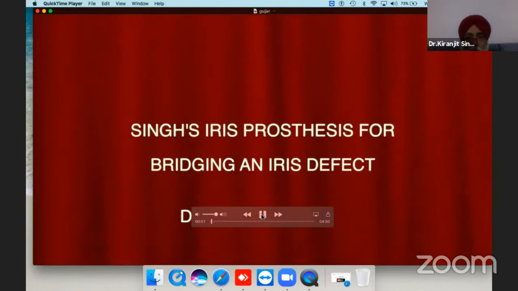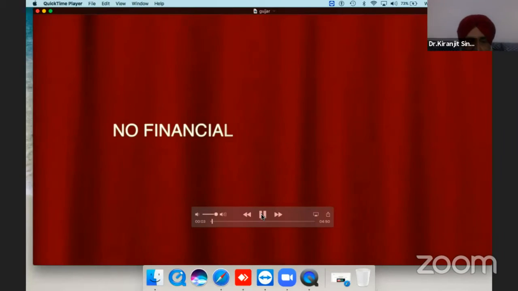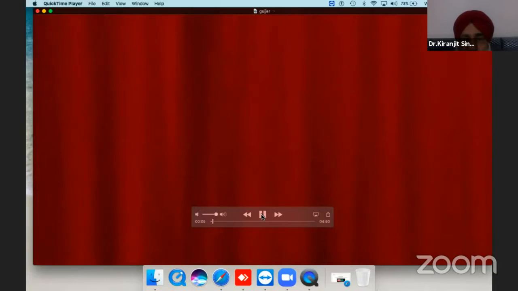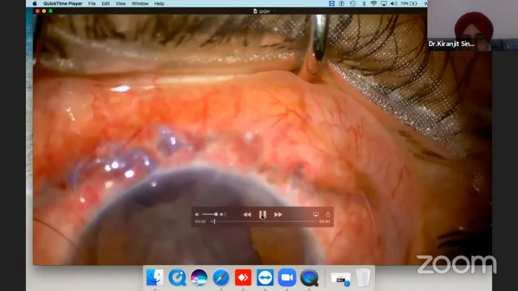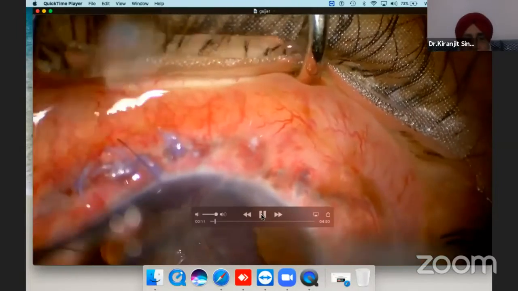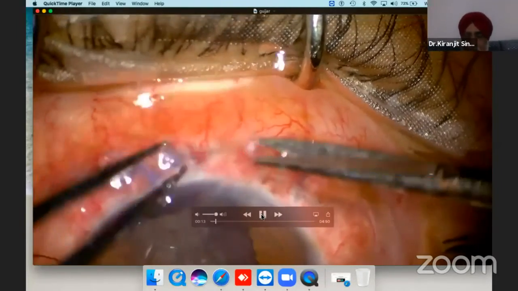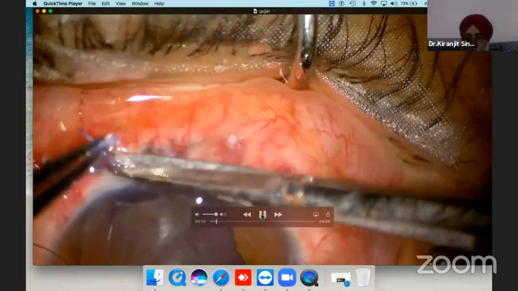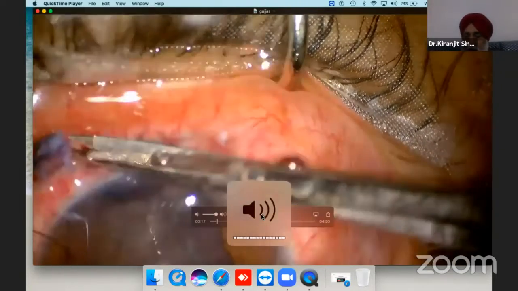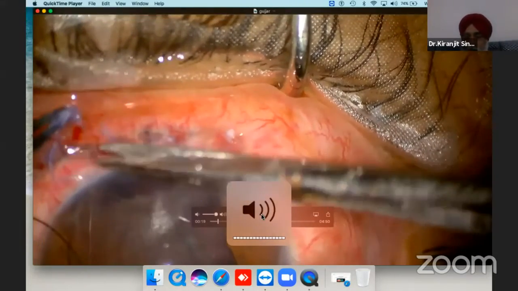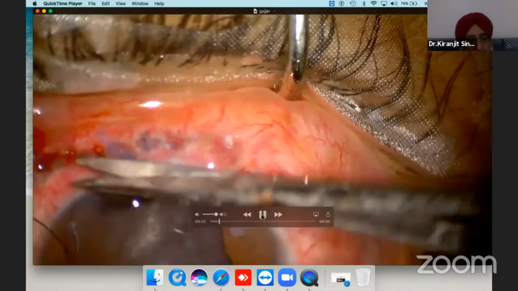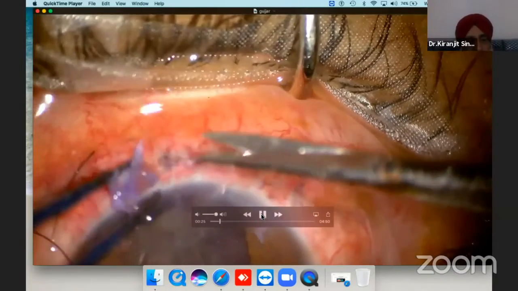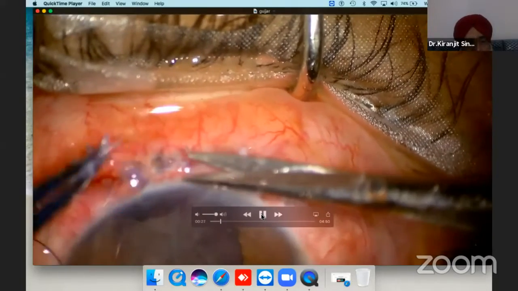I am going to talk about iris processes. We have been listening and seeing those iris segments which are implanted in the capsular bag. I had a patient three months back who had a very long scleral tear, which was sutured somewhere else, and there was loss of iris tissue also. So I have innovated a device out of an Iris Claw lens platform.